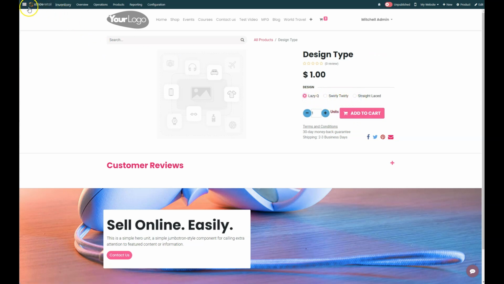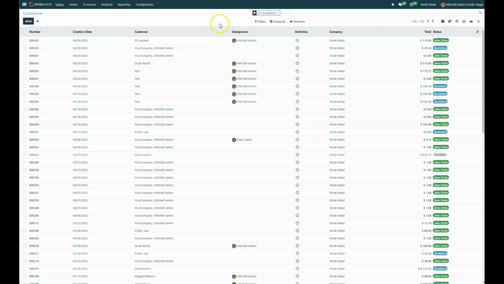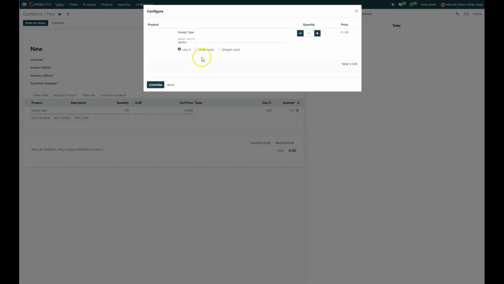Or if we go to sales and we make a new quotation, we could select this here, and then it's going to pop up and say, well, which one are you using on this? Which design are you using on this